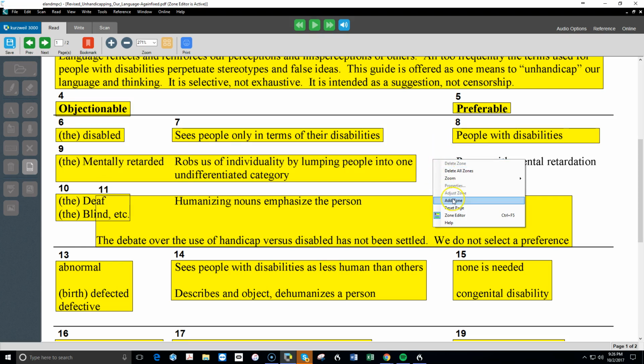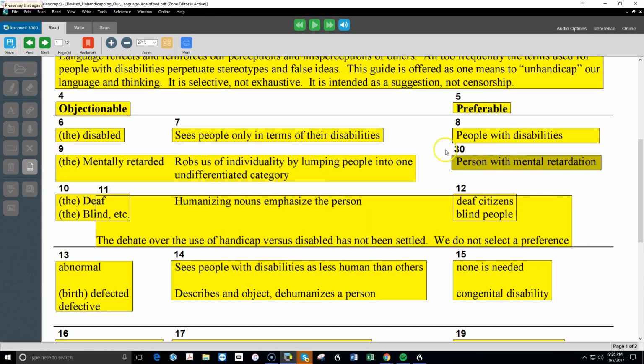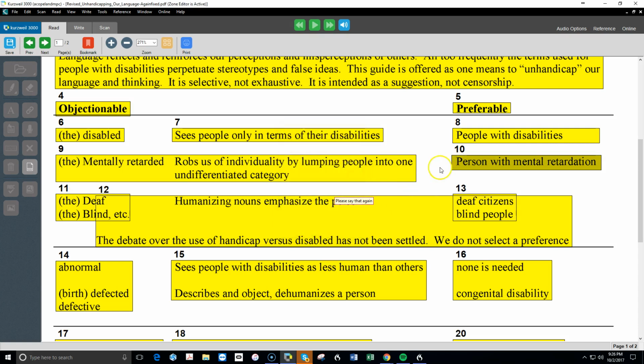So I'm going to right-click and I'm going to add a zone. And then click out of it. Notice that now I've got 9. This should actually be the 10th zone, so I'm going to rename it because it went to the last zone, and I'm going to put it on 10. Okay, so 9, 10, 11, the deaf, the blind,